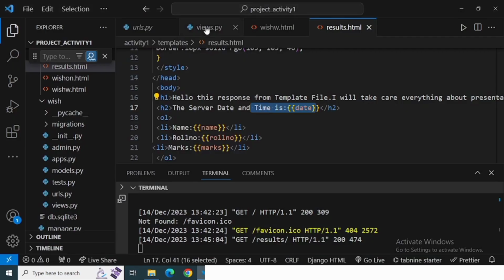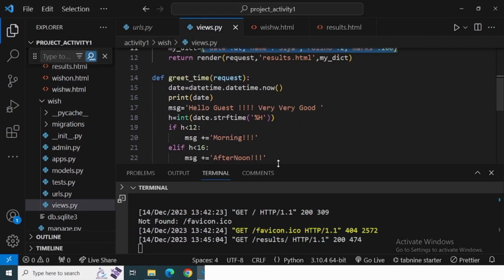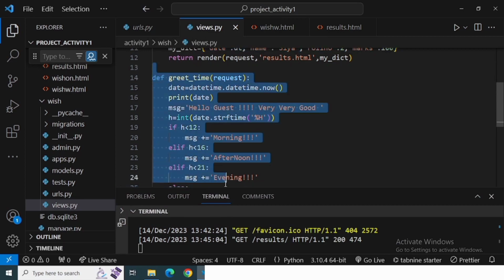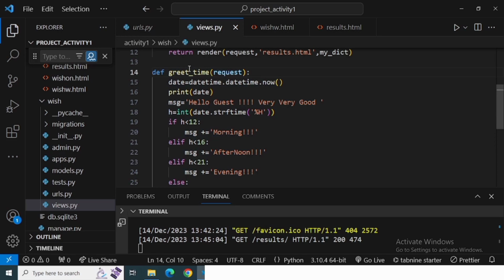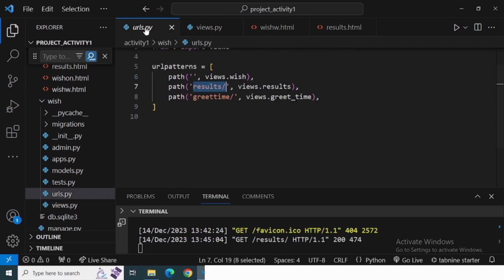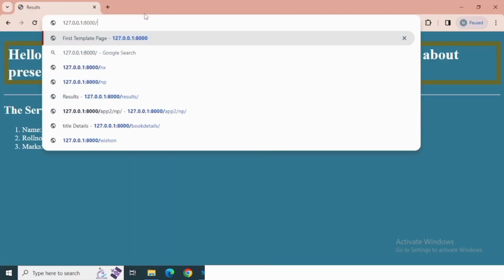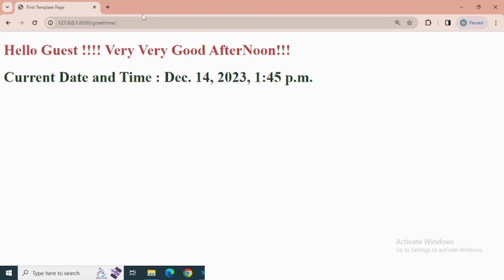Now suppose this function, you go through the function and then you want to check the URL, you can do that as well. So this is a function. So you will see this function is attached to which URL? It is attached to the URL greet time. So you will go on the server, and after this you will write greet time, and you can see the